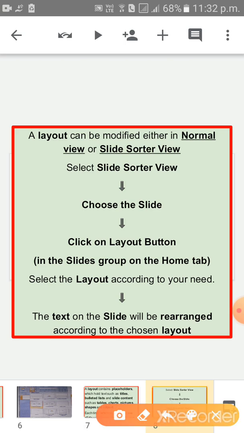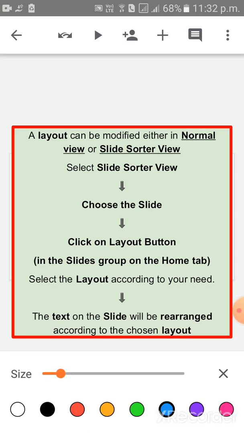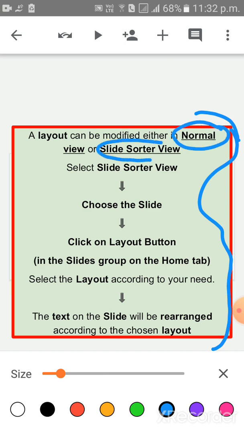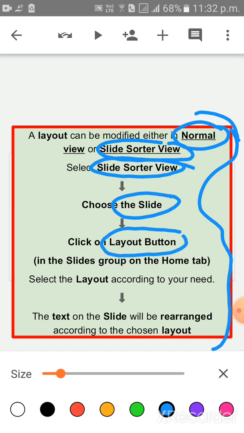Children, we have to follow these steps to change the slide layout. A layout can be modified either in the normal view or slide sorter view. First of all, select the slide sorter view. After selecting the slide sorter view, choose a slide. After that, click on the Layout button.